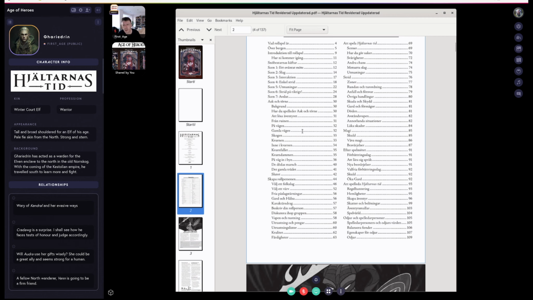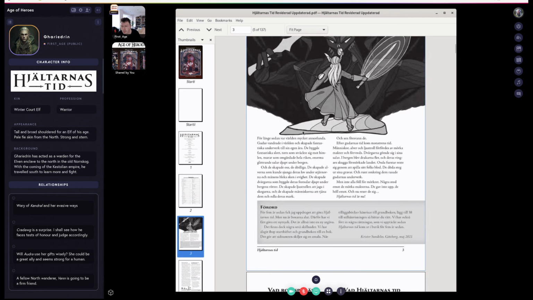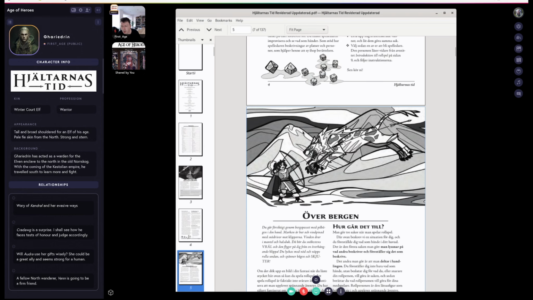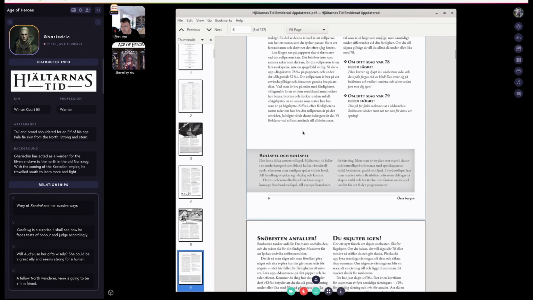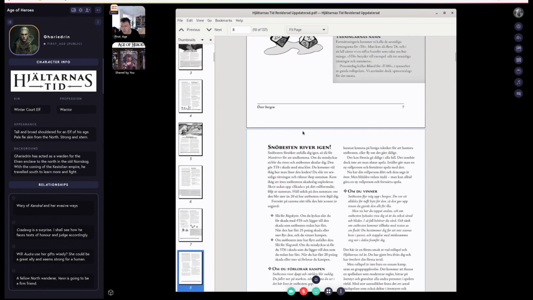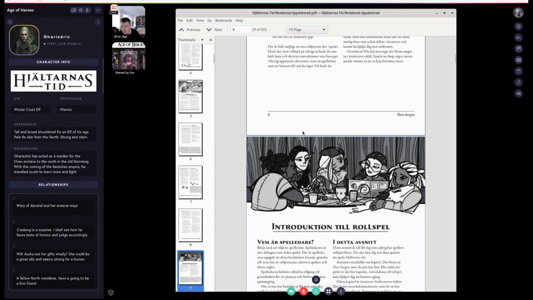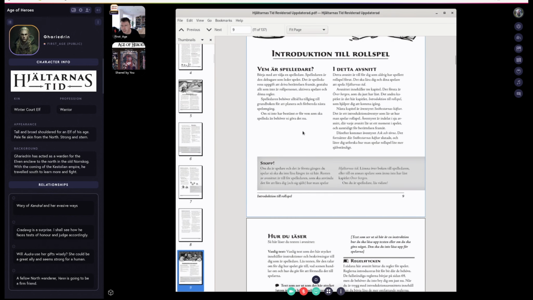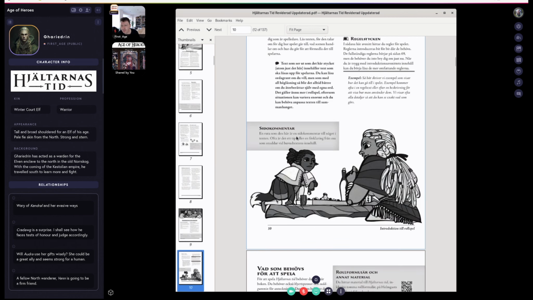I think I probably am. Nicely illustrated, black and white. But looking at it, I thought, well, I can pick out some words. Introduction, till roll spell. I think I can probably work that one out. But you go into the detail, and I'm probably a little bit lost and floundering.